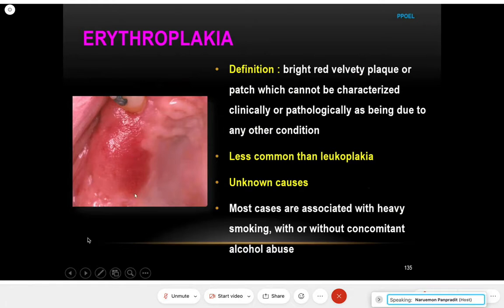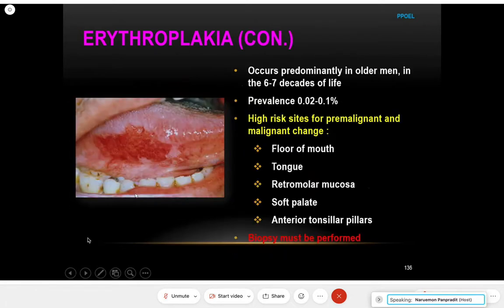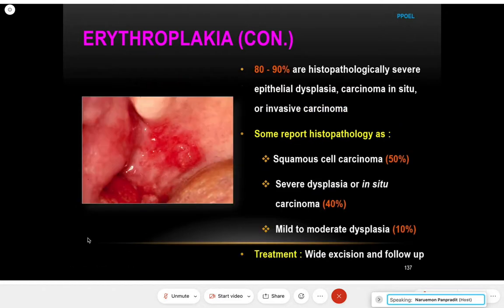Red, with a discharge margin. The high-risk sites are similar: the floor of the mouth, tongue, retromolar mucosa, and soft palate are high-risk sites for premalignant change. Why must a biopsy be performed? If you suspect erythroplakia, you must hurry to perform it, because from the report of the histopathology,